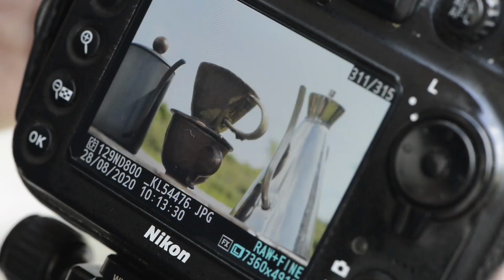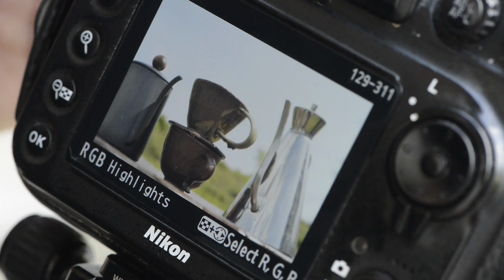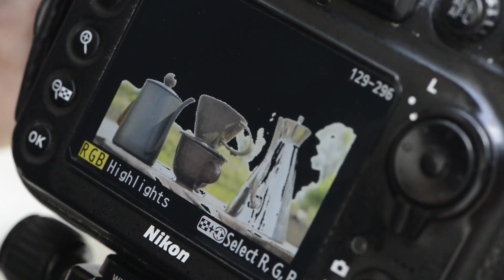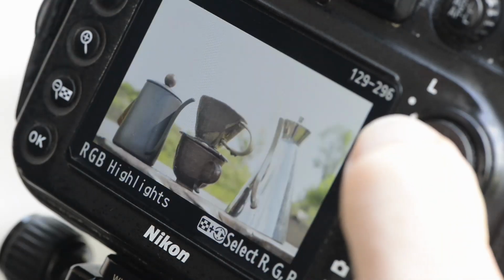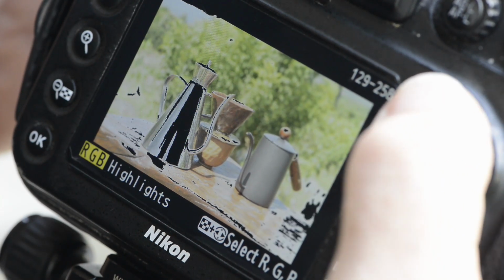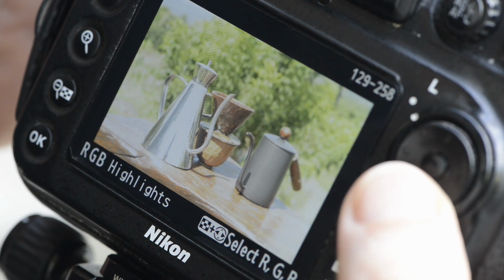The highlights indicator can be turned on or off in your camera's menu. You'll have to search through it to find it. This tool indicates the areas of your photo that are overexposed by flashing them on and off when you view the image on your monitor. This is why it's referred to as the blinkies. Many cameras allow you to set the level for when the highlights will start to blink.